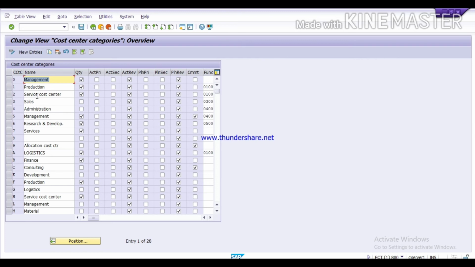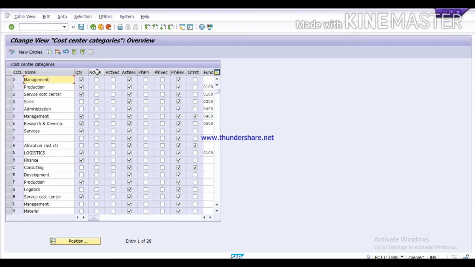So here you can select from these categories, or if you want to create a new category, you can click on new entry and create a new category for your cost center. This cost center category controls these fields.